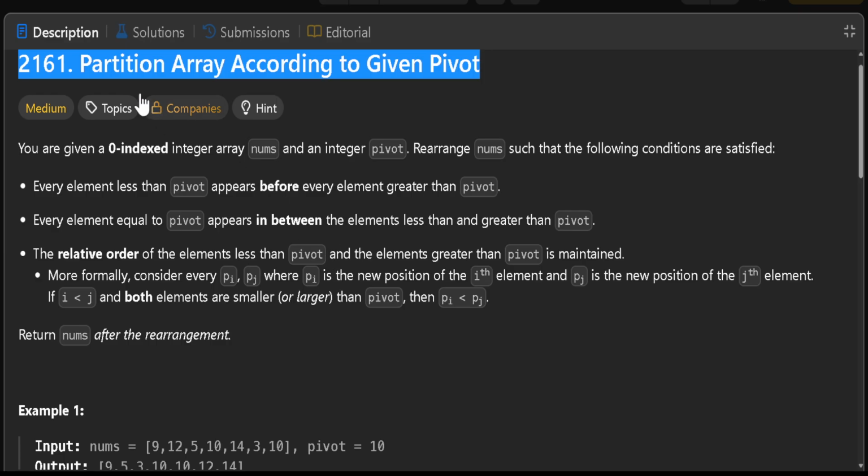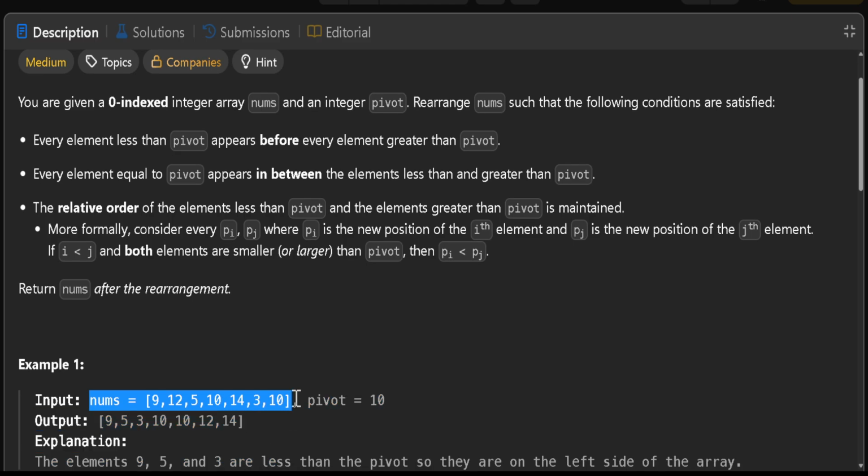Okay, so this is really a very interesting problem. LeetCode problem number 2161 is really just a stable partition around a pivot. Okay, we are given a pivot and we have to do the stable partition. What does it mean to do a stable partition around a pivot? We are given an array, as you can see, the array nums, and we are given